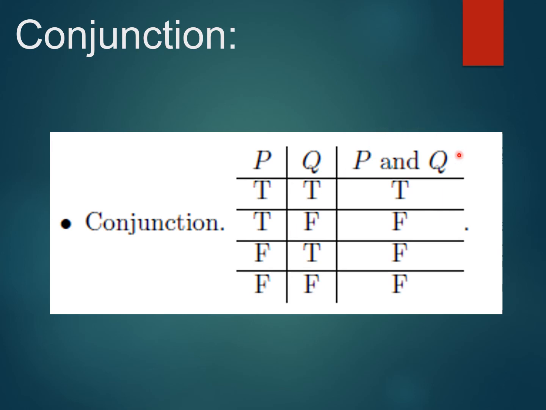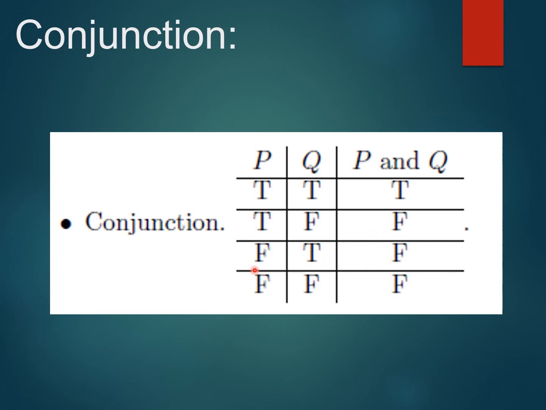So all the possible combinations of these two propositions are given. Now in the last column, the final compound proposition, the conjunction P and Q. We have read that P and Q is only true when both P and Q are true. So if you observe row wise, in the first row both P and Q are true, so the answer will be true. Now the second row: P is true and Q is false. As Q is false, the answer of the conjunction P and Q is false.